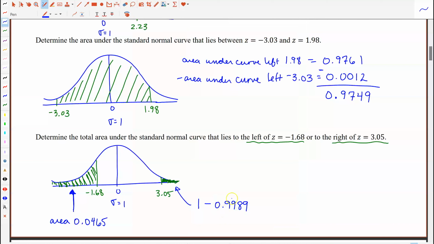0.9989. And that value should make sense. With respect to this value, the area to the left of it is almost going to be the area under the whole entire thing, right? So in order to find the area to the right, in that little tiny tail region, we're going to do 1 minus that value, and we're going to get 0.0011. So this total area that I want, we're going to add up those two values. So 0.0465 plus 0.0011 will give me an overall total area of